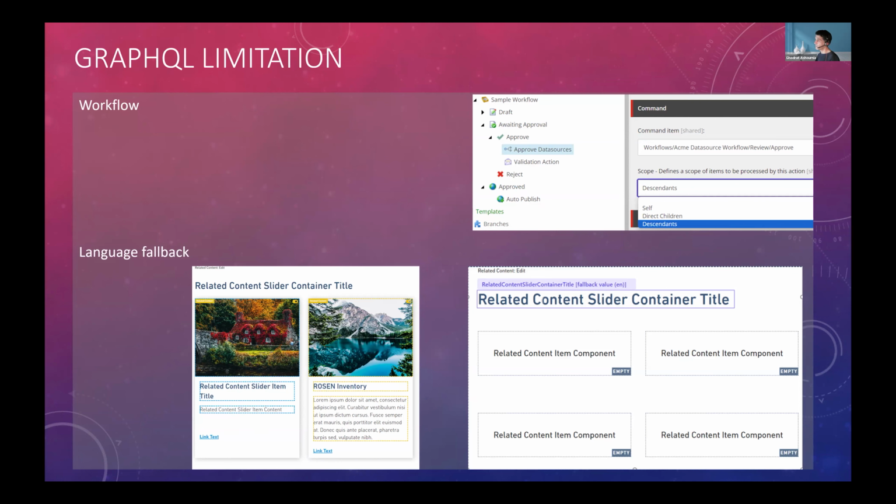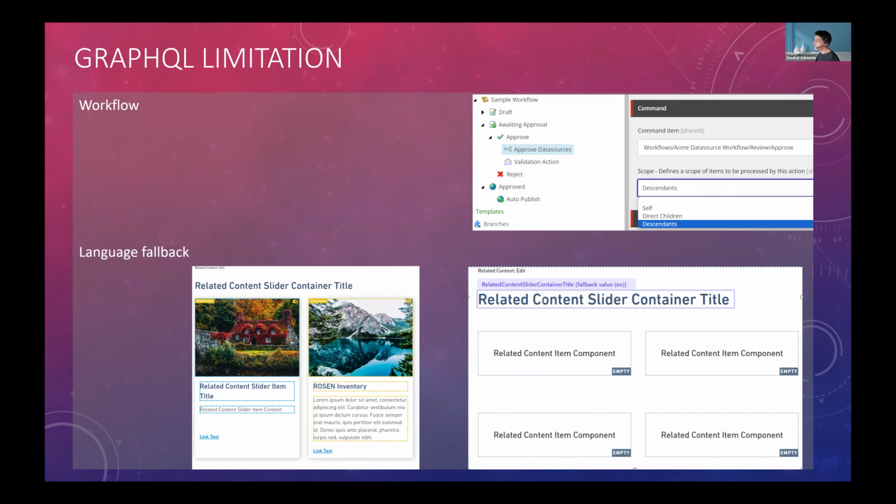I just want to mention it so you have it in mind when you are creating complicated GraphQL queries with parent-child. There is no easy solution for this.